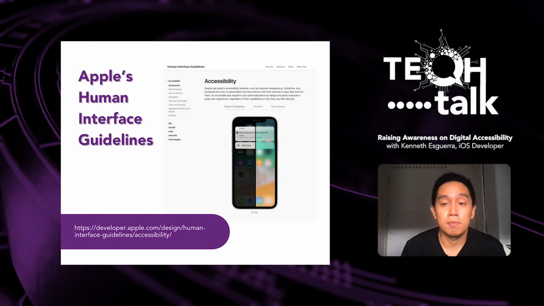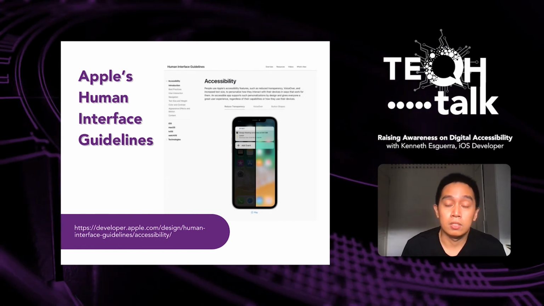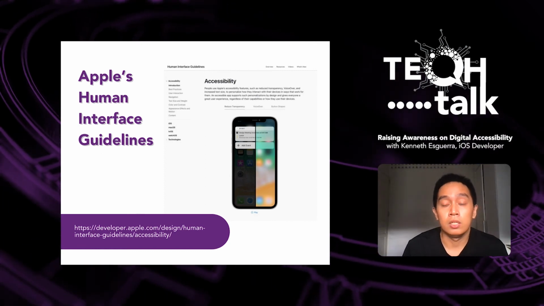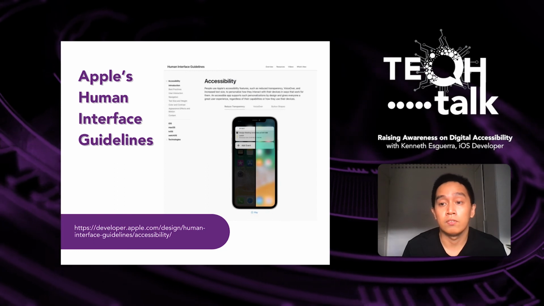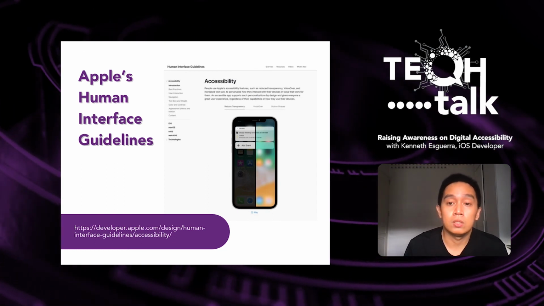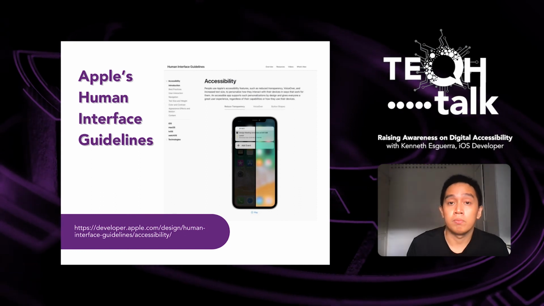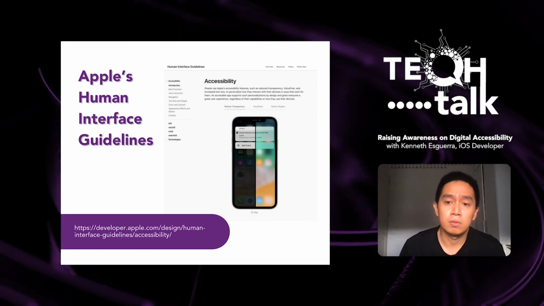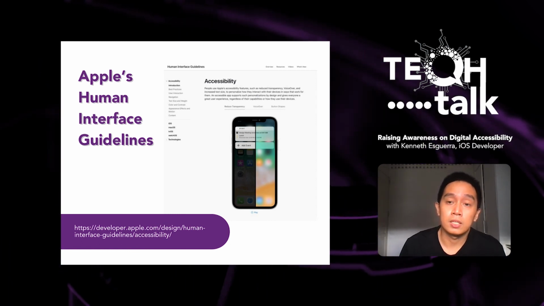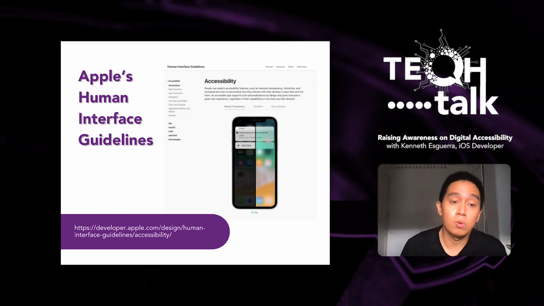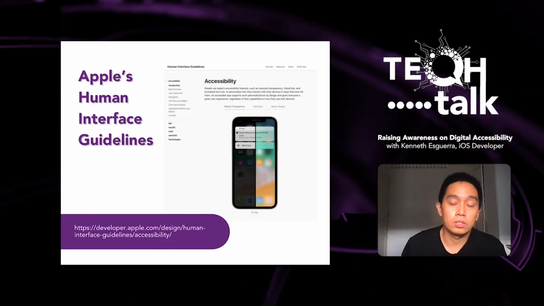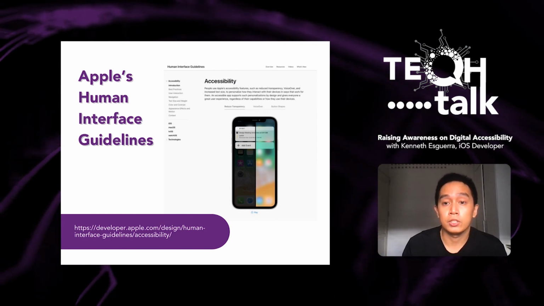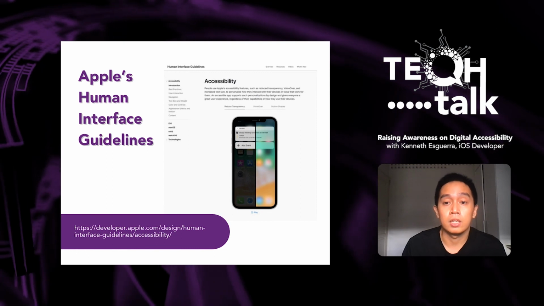This is a guideline to make sure that your product passes the best standard that Apple wants for their users. Whenever you ship a product, it goes through rigorous testing. They will see if your mobile app is following these Human Interface Guidelines. There are instances where it might be rejected, for example, if you are not making the app really accessible or easy to use. As you can see here, there's a whole section on making sure that you follow the Human Interface Guidelines, and it's really helpful for devs like me who are passionate about building wonderfully designed and accessible apps.